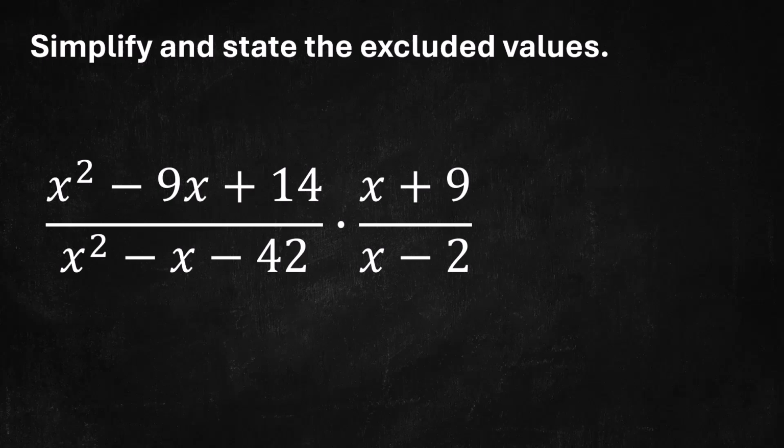Okay, the directions say to simplify and state the excluded values, but what you have here are two fractions being multiplied together. They're just really complicated looking fractions. So to make this a little easier, let's do some factoring, like x squared minus 9x plus 14 can be